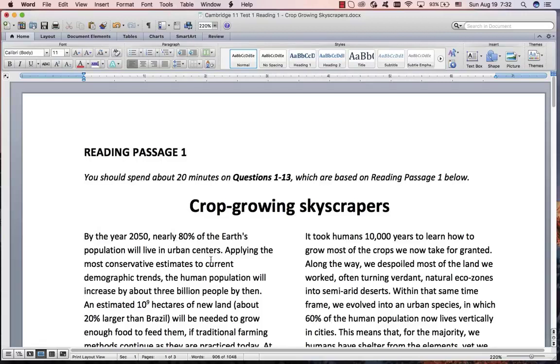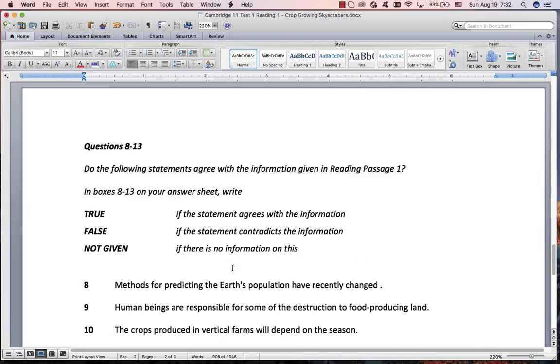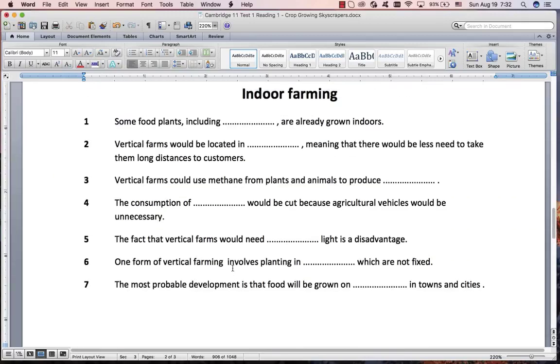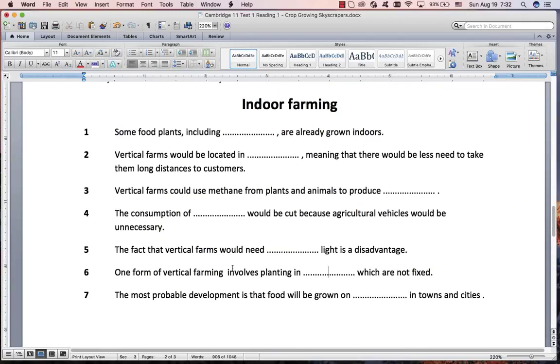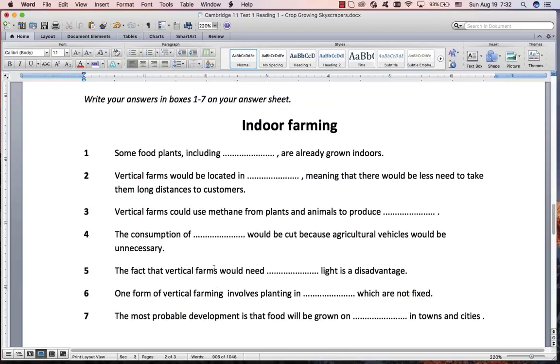Okay, Cambridge 11, Reading Test 1, Reading 1. Crop growing skyscrapers. Let's see what we've got. We've got a gap-fill and True/False/Not Given, probably the most common format for Reading 1. Now, I want to talk a lot about scanning in this video because there are a couple of important things